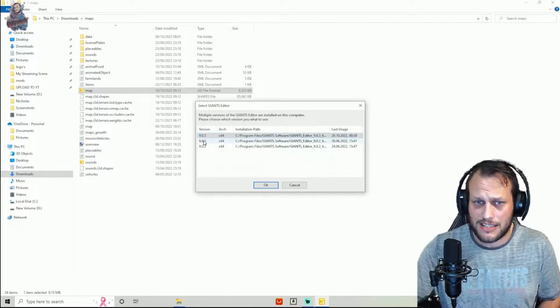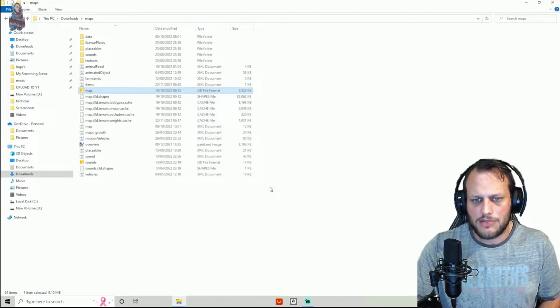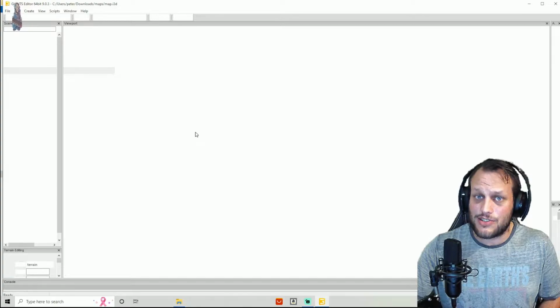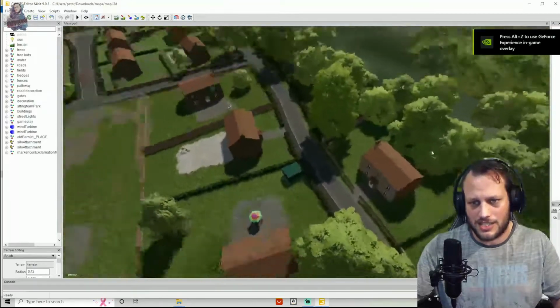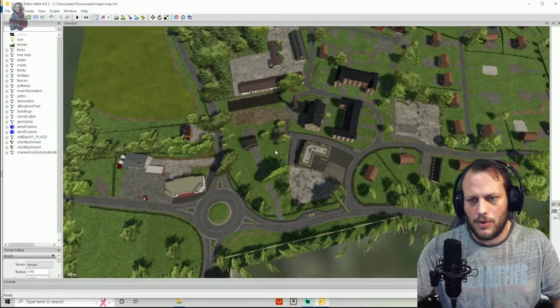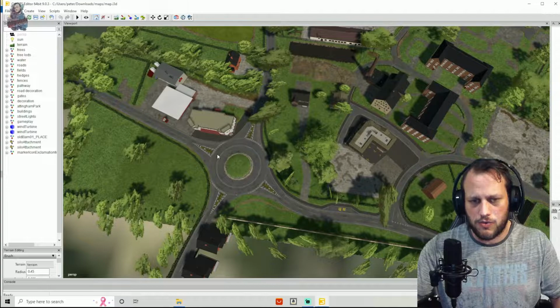If you are watching this at a later date, there will probably be a newer version, but just get the newest version that you have, which is, for me, that one. So what we'll do is we'll open that up, and that will open Giants Editor. Here we go, Giants Editor 64-bit 9.0.3. It will say untitled because it is trying to load in everything on the map. As you can see, there are changes that I've made here and there and removed things. But that's not what we're looking at. What we are looking at right now is the little house that was around by the roundabout, which is just